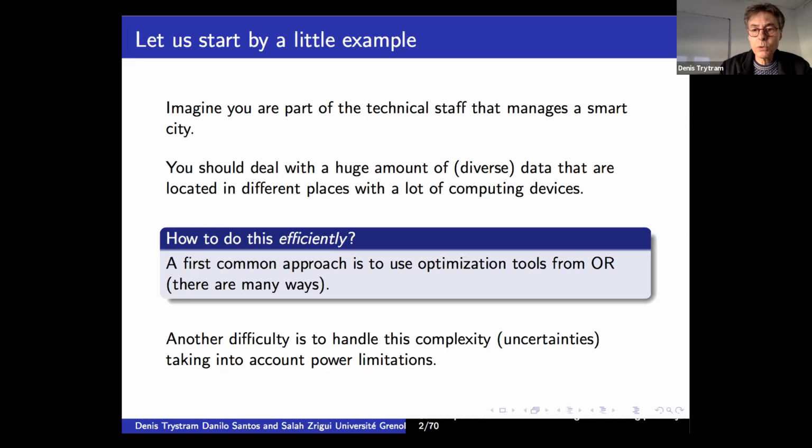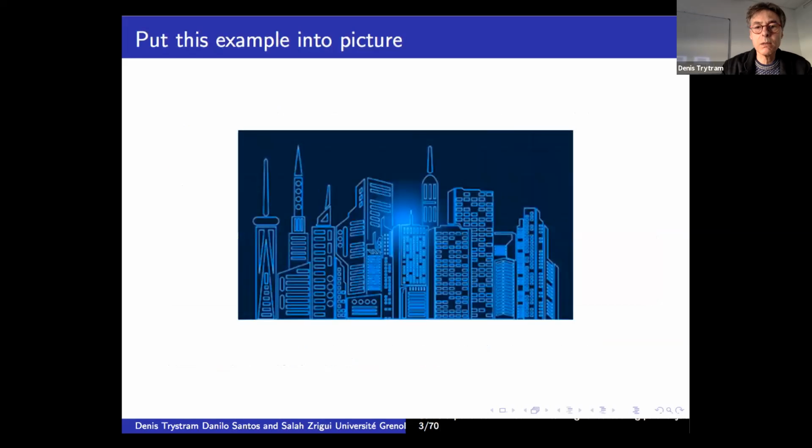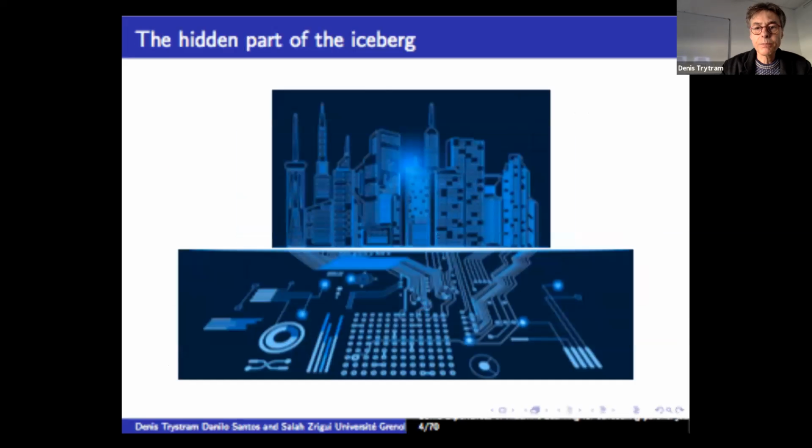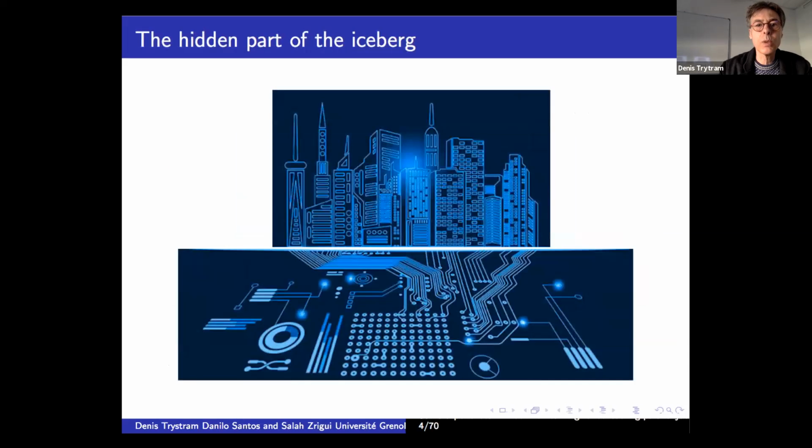data. And I would like also to emphasize right now a topic, which is that there are some power limitations, and the red line of our talk will be on power limitation, as you will see. So just with a small picture, you have this smart city here, and we are interested here in the completely hidden part of this big iceberg. That is all the connections and all the electronic and computing devices that are behind, and that make things run